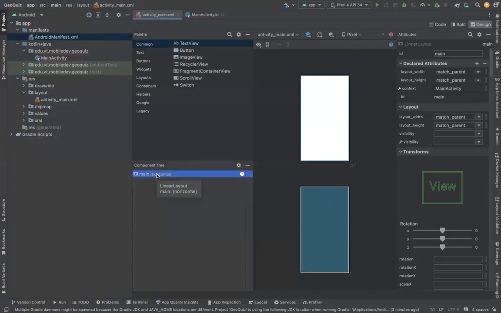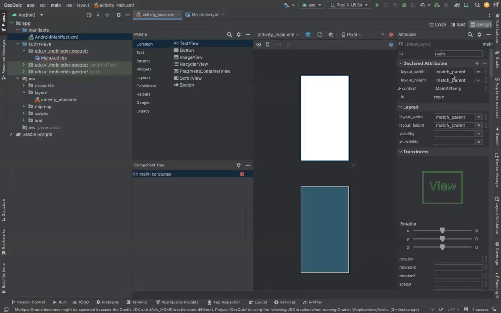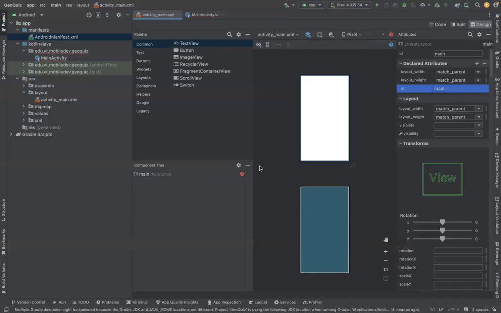So this gave me a horizontal linear layout. It does have the context. Let me remove this context, right? I don't need this context. And you have this thing called the attributes. I can remove that, or I can click on that and see the attributes here again. So let me remove the context. We don't need that context. It is connected with the main activity. We don't need that. I can remove this using this subtract button. So let me remove that, and then